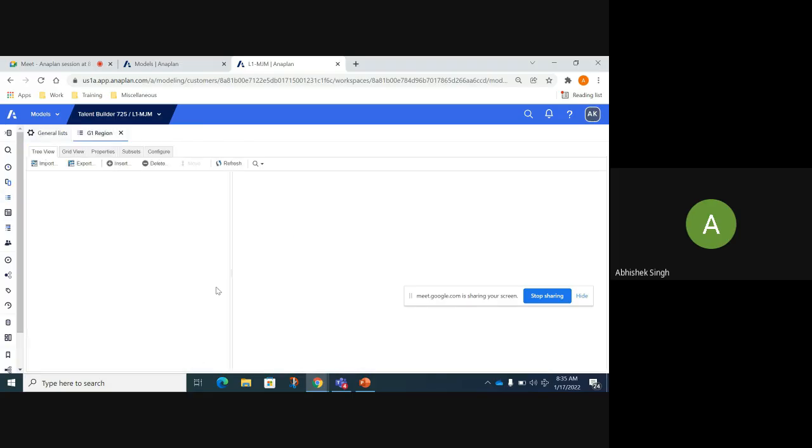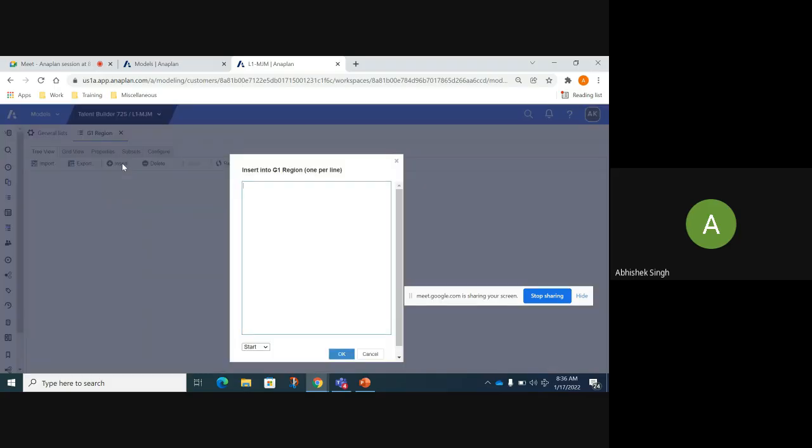Now, adding the members. Over here I see an insert option. What you need to do is click on this insert, and then you need to add the members.